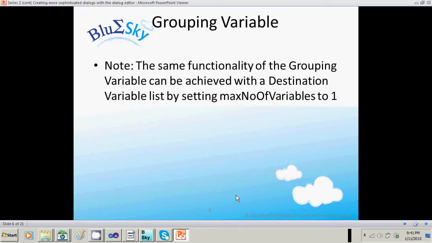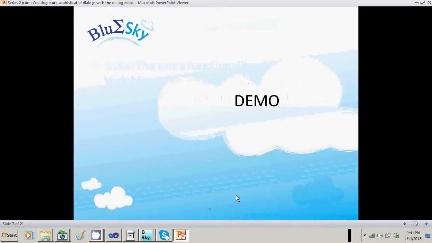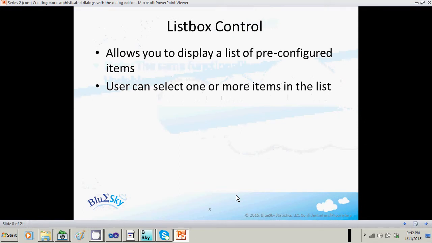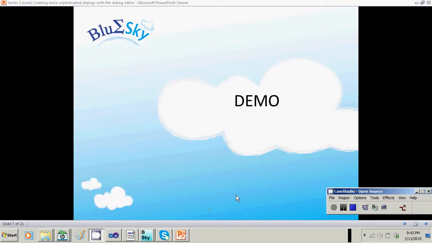So again, the grouping variable is very similar to a destination variable list control. It's just that you don't have the attribute maximum number of variables. You don't see it because we implicitly set that to 1, and you cannot drag and drop or have more than one variable in that control. So we'll move on to the demo,